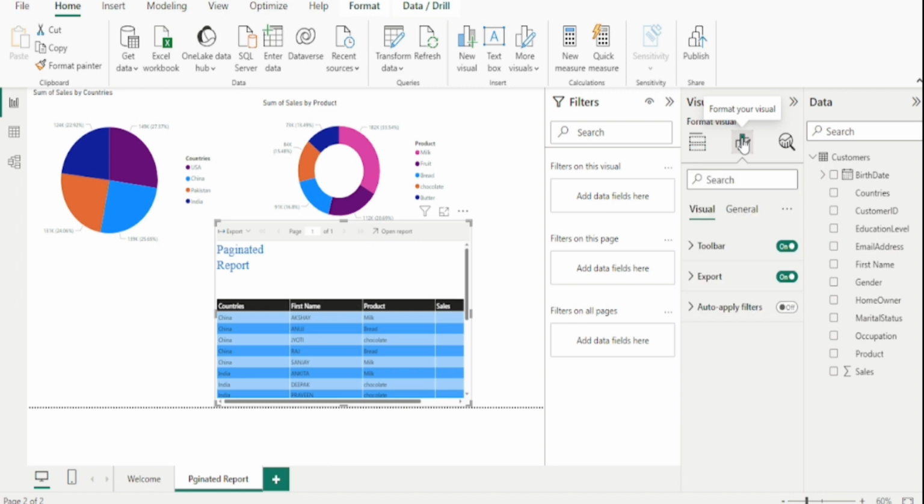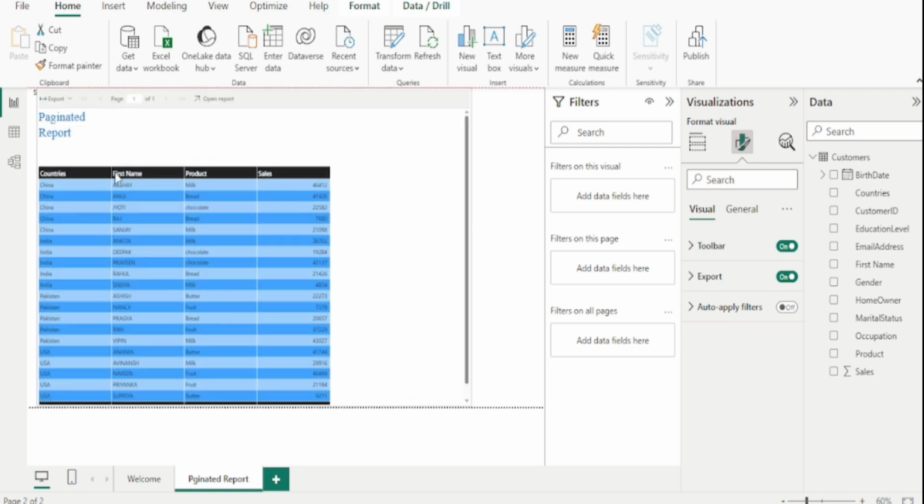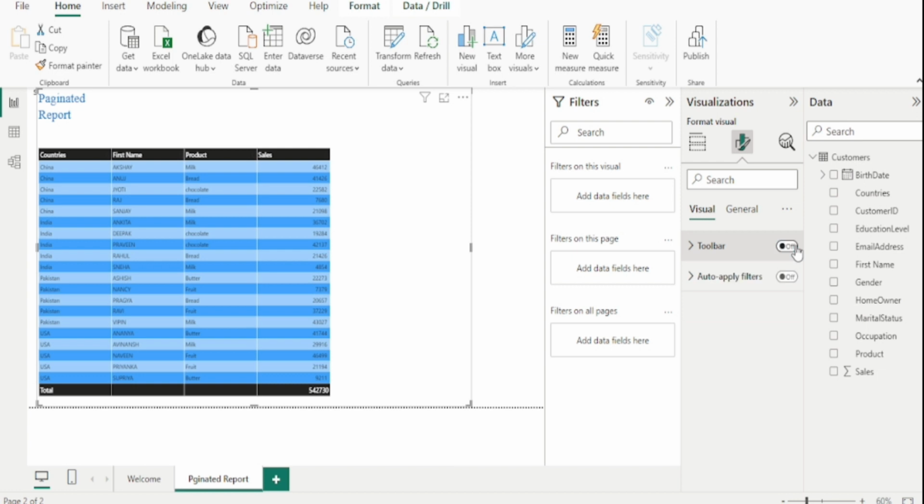So here we can see there is nothing much to cover under this formatting feature. We have just toolbar, export and auto apply filters. So let me resize this visual first. And here we can see this upper portion known as toolbar. If you want to turn off this toolbar, just simply turn off this toggle button. See. And if you want to play with the toolbar settings, just simply turn on this button and